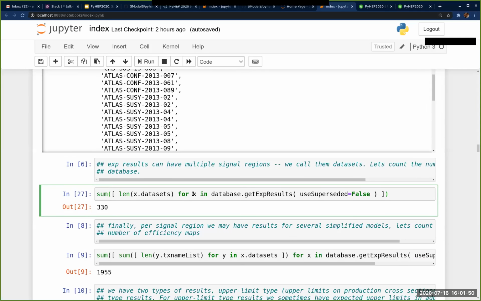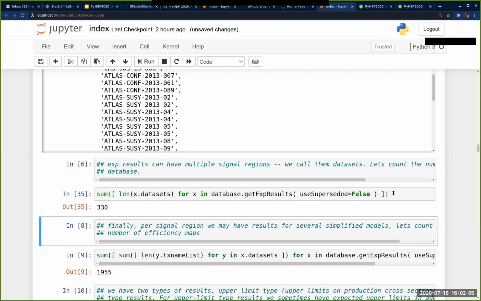So we iterate through the experimental results in the database, and then we ask how many signal regions, data sets is for us a synonym for signal regions, are in each of these publications, and then we sum over this number. So we end up with something of the order of 300. And then as another sort of layer,